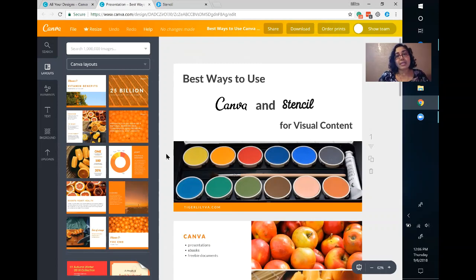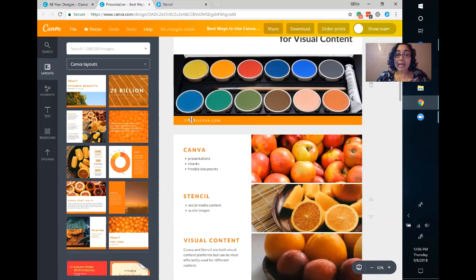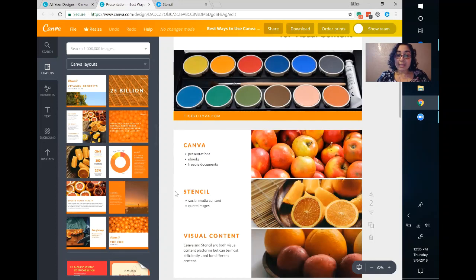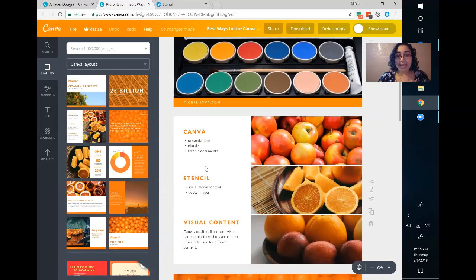I highly suggest changing it because you go ahead and use this and it looks kind of the same. A lot of the presentations would look the same as other people, other businesses. So you want to change it up, make it to your own brand. So we went ahead and did the layout, but I changed it a little bit, and I kept the kind